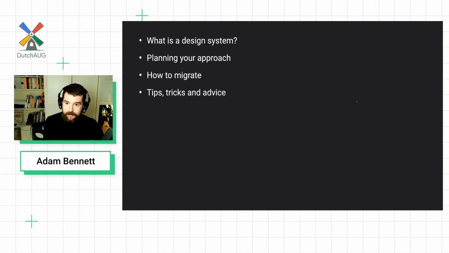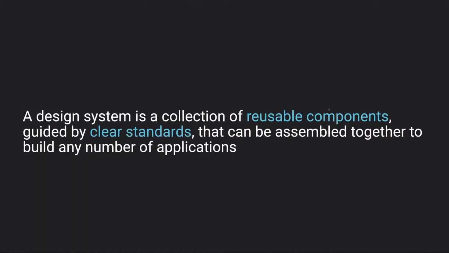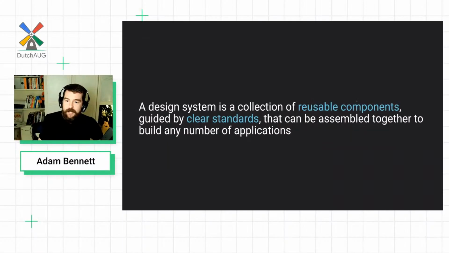So we'll start off with the design system stuff. A design system is a collection of reusable components guided by clear standards that can be assembled together to build any number of applications. The vast majority of companies have some kind of design language, and these design systems vary enormously in terms of complexity. You may be at a company where you just have a handful of custom views, something like a button with a loading spinner in it, and maybe a couple of others, or you might go all the way up to a large scale, 5 engineers on it permanently, distributing design systems through Maven and stuff like this.